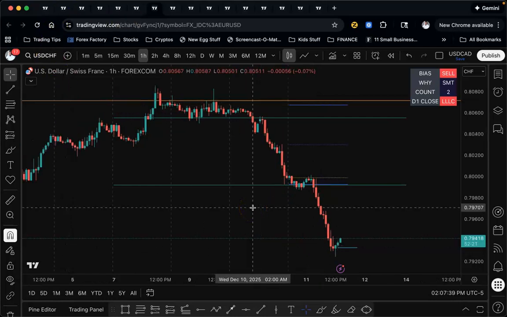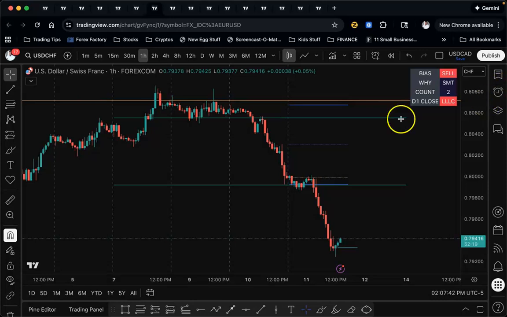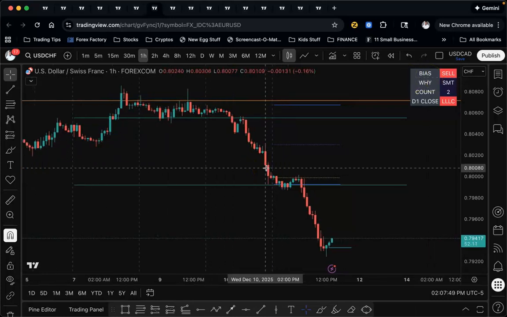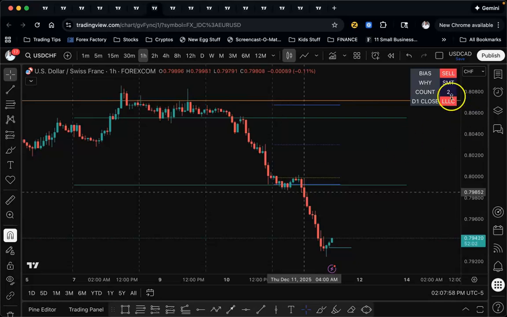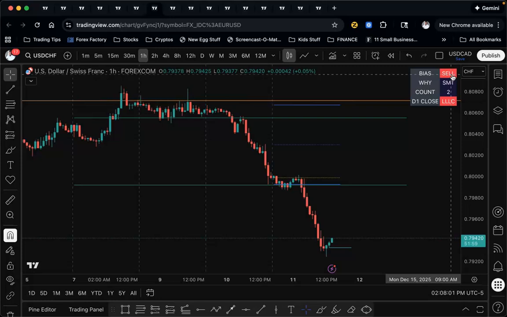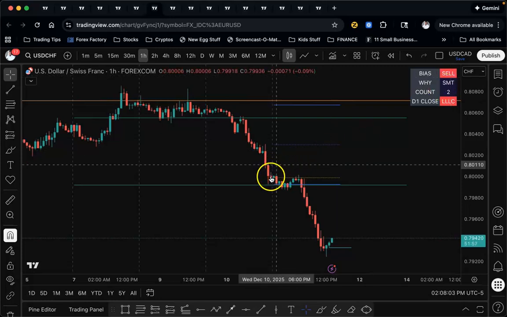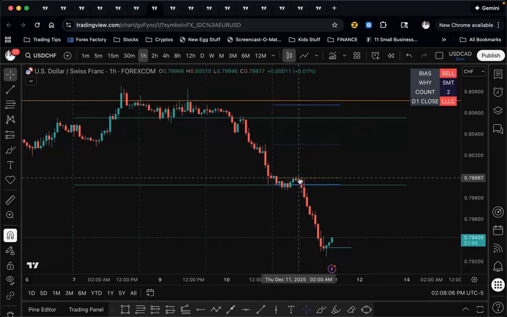Now, how this works is, remember I told you it was two indicators in one. This is part one. The lower time frame, which you can't really see the second part of it, but it actually looks for entries in only the direction of the bias. So since the bias was sell today, if all my conditions are met in the market, which I have a lot of conditions that need to be met for the H1 alerts to fire for my entries, like time and price, it has to be during